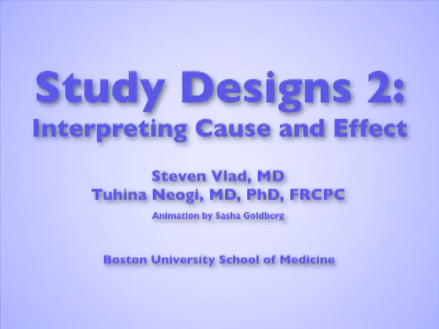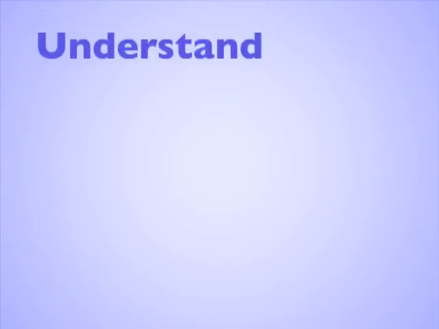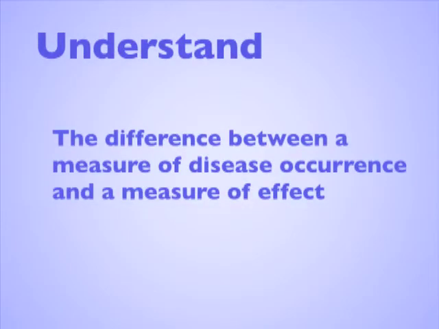In this podcast, we will build on the concepts you learned in the Study Designs podcast and introduce some basic ways to measure the association between a potential cause and an effect. By the end of this podcast, you should understand the difference between a measure of disease occurrence and a measure